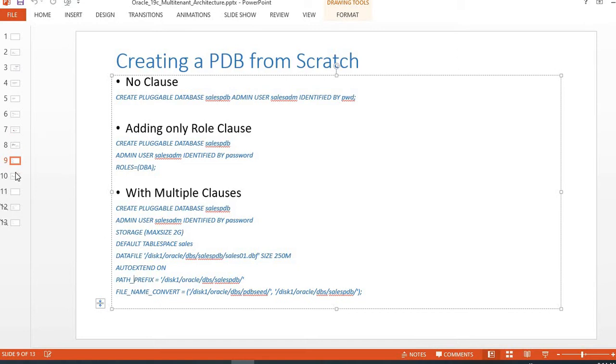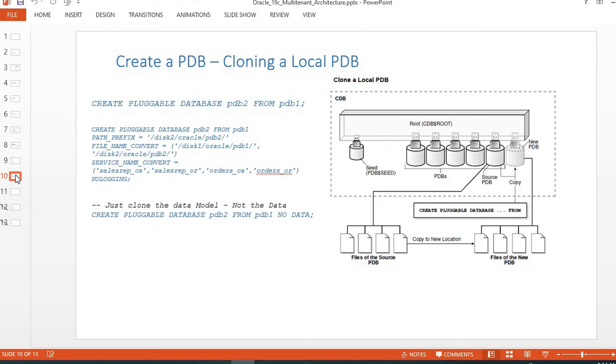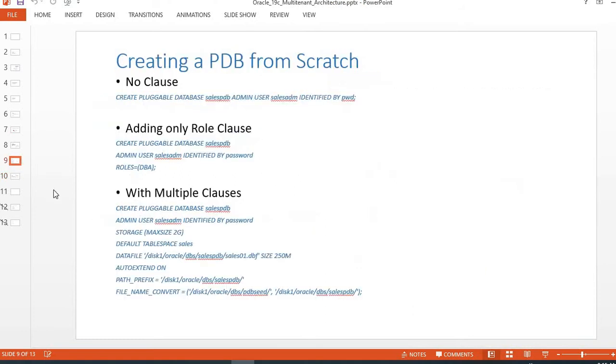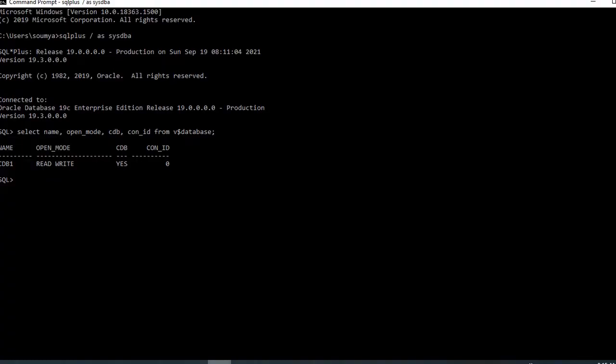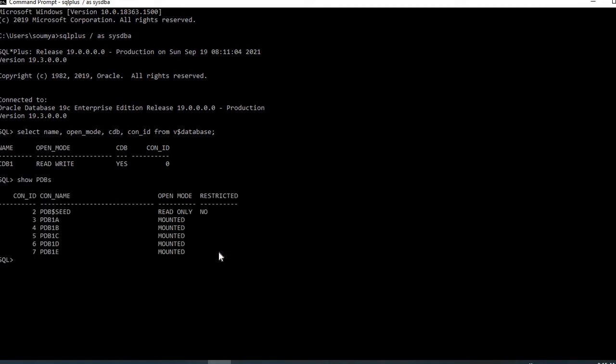We'll also create PDBs by cloning a local PDB. So let's start. This is my database. I've already logged in to CDB1. I'm on the container database, root container. So if I do show PDBs, all these are PDBs I've already created. They are all in mounted state,